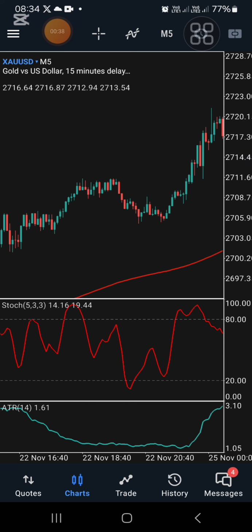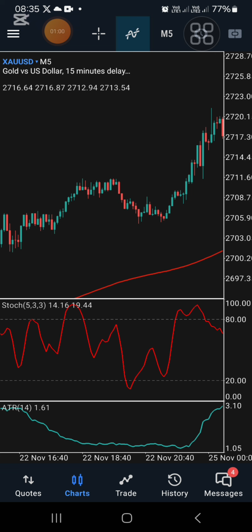My name is DC, and today I'm going to be presenting one of the most powerful scalping strategies that can be used in most financial assets. So let's quickly look at how we are going to install the indicators on this 5